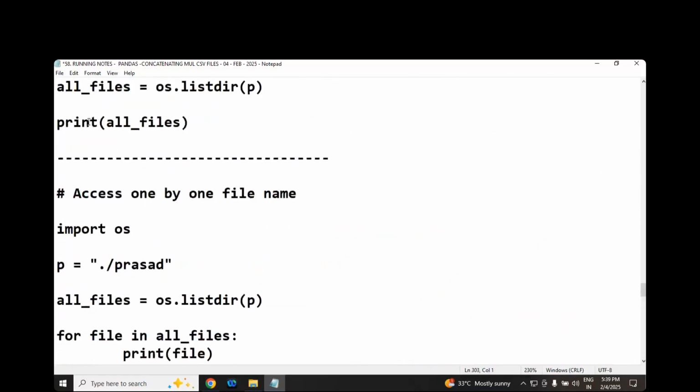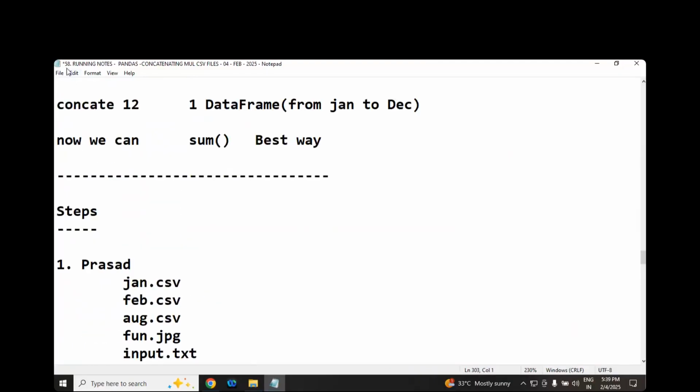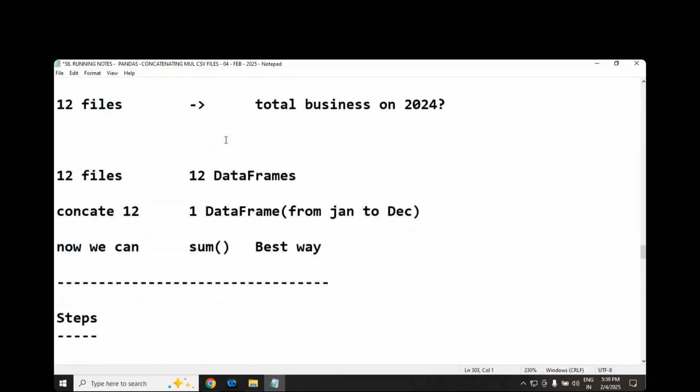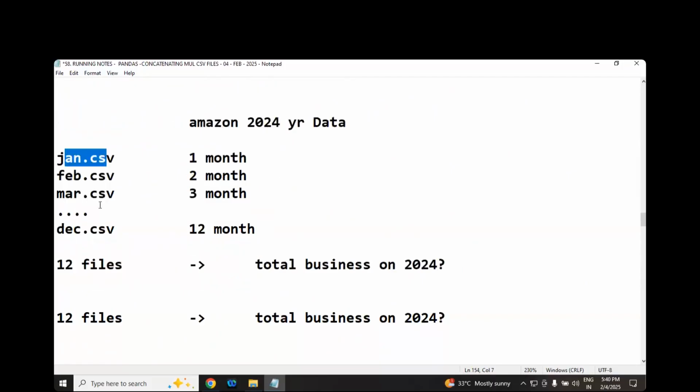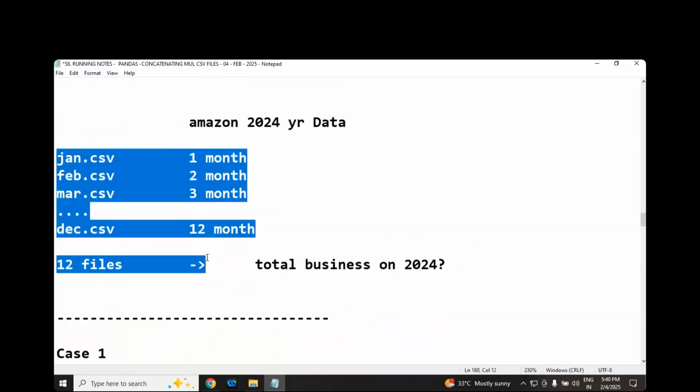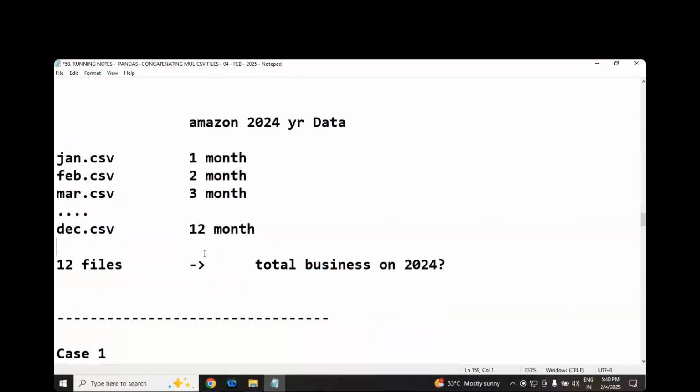Team, yesterday, what was the requirement? The requirement is, imagine having 2024 one year data. When I say one year data, it should be monthly data, first month, second month, third month, till the last month. On an average, you would have 12 files. Think like one more point: when I say India data,